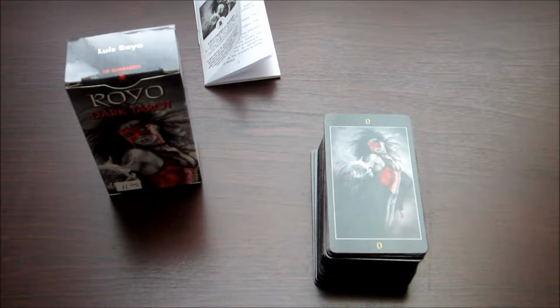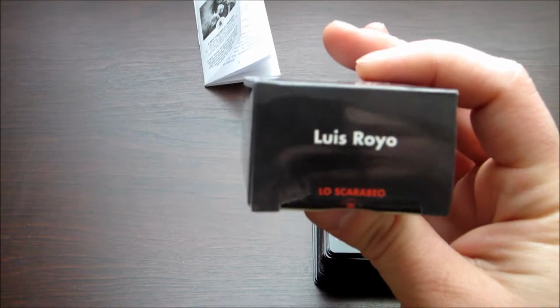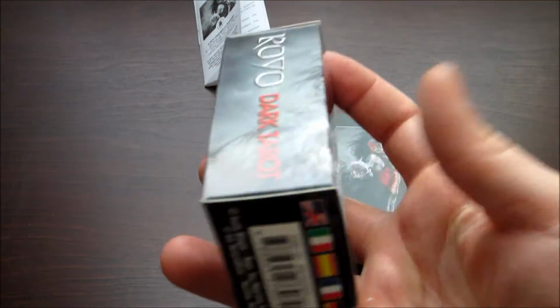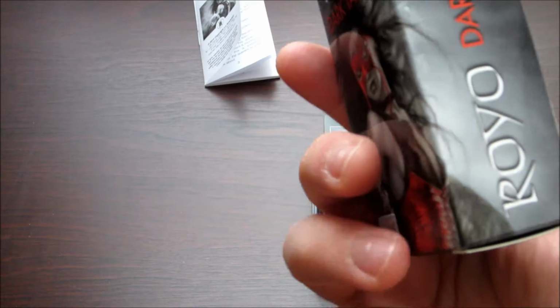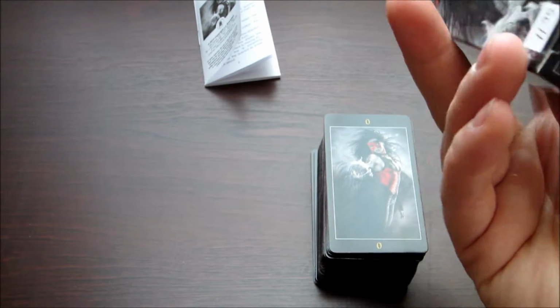Hey everyone, it's Divine Readings with the Gypsy, and I have a treat for you today, and it's the Royo Dark Tarot deck. And the artist is Louis Royo, and it's a Los Scarabeo mini deck, which is awesome. It's a beautiful mini deck,